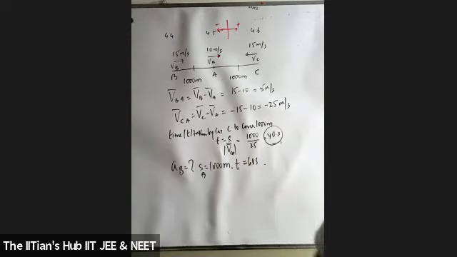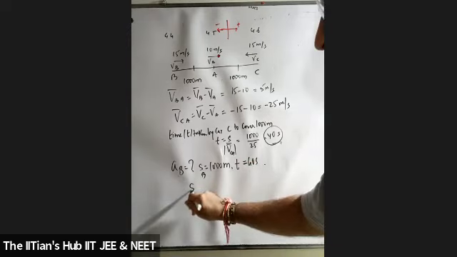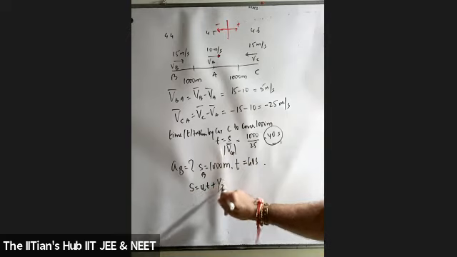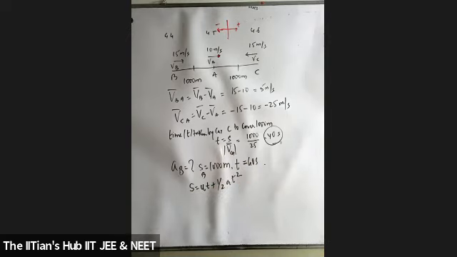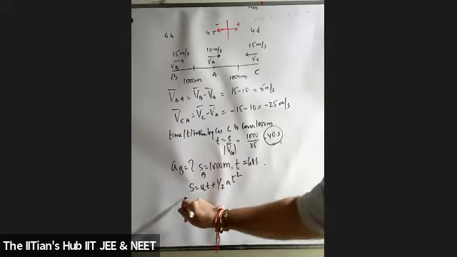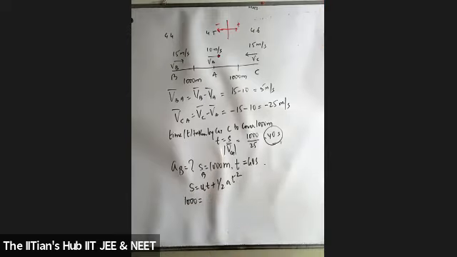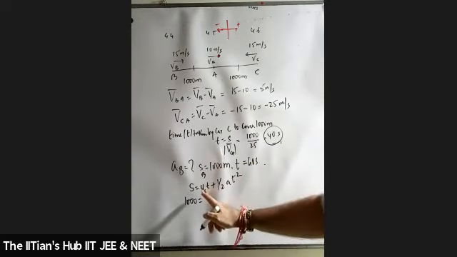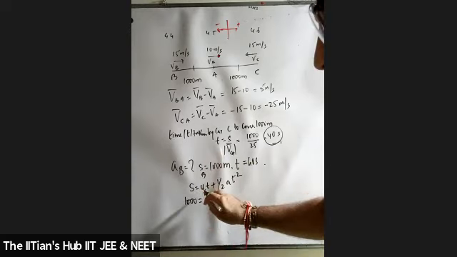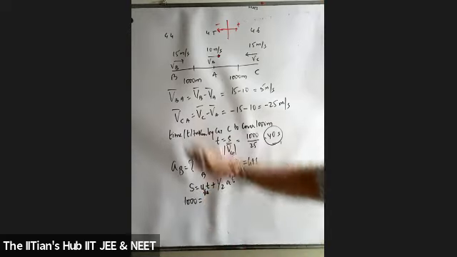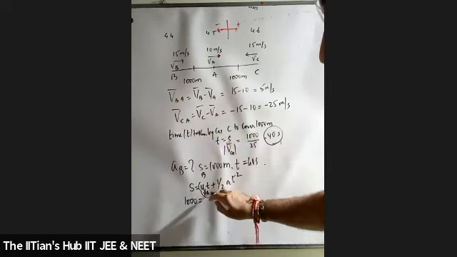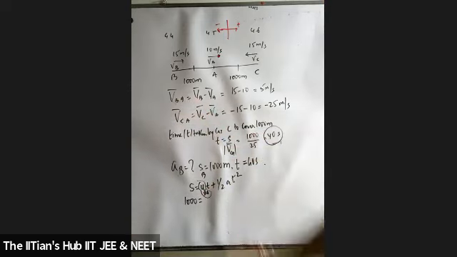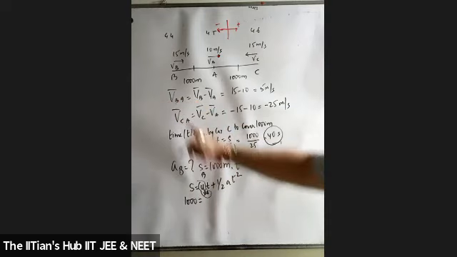So what exactly should you use, the formula? Your formula will be S is equal to what? UT plus half AT square. Absolutely correct. Distance is how much? 1000. 1000 equals 5 into 40 plus half. Now what is this U? This is velocity of what? B with respect to A, students. This U, what you write down over here, students, is the velocity of B with respect to A, and not velocity of B. It's B with respect to A.